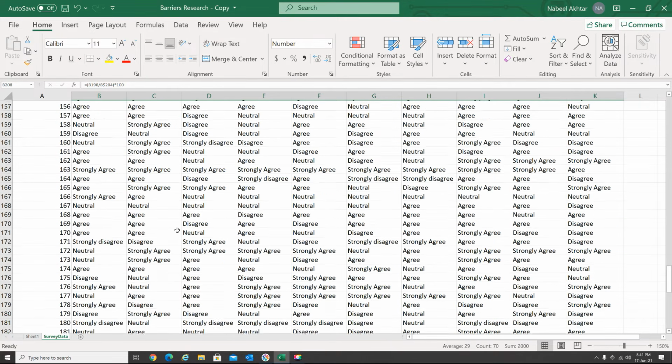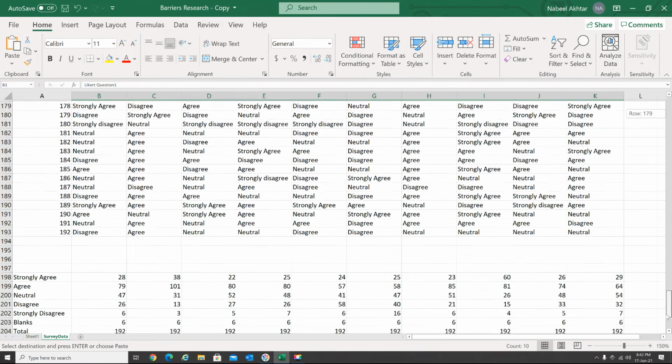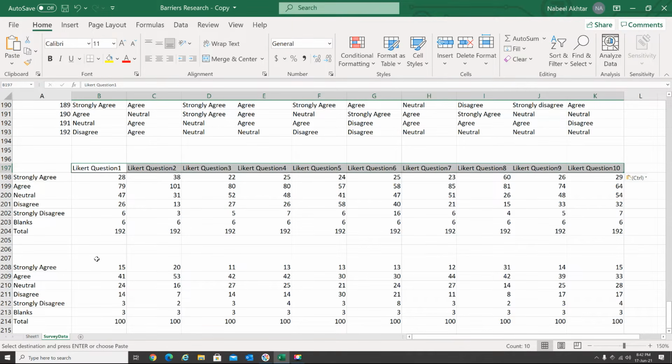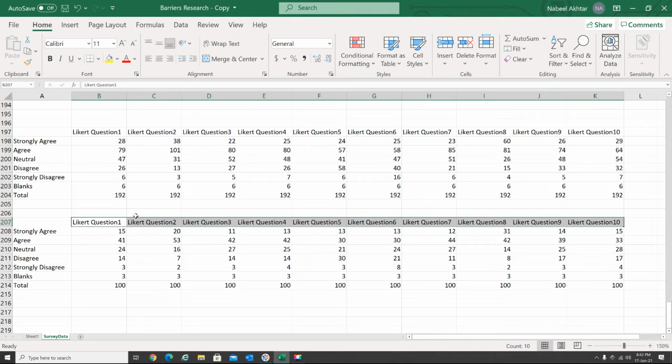Now I need the titles of my questions. Okay, that is needed when you are making the charts. We go down, let me copy it here, and I'm going to copy it here as well. Press escape. Okay, now we're good to go. That looks fine. Okay, now when you want to make your charts, basically your data is done, and